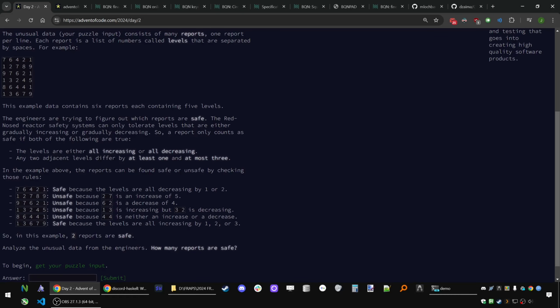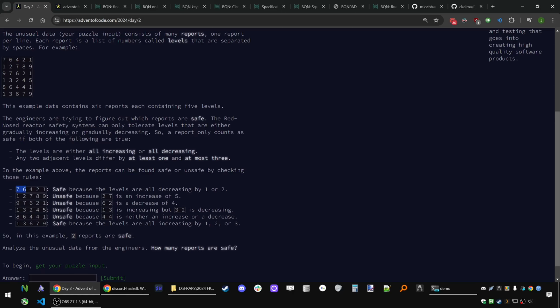I think this is similar to that. What I want to do is basically check if they're sorted first, which is easy. First things first, I've got to parse, split on spaces. But after that, I have to check the next element in the sequence and see if the difference is